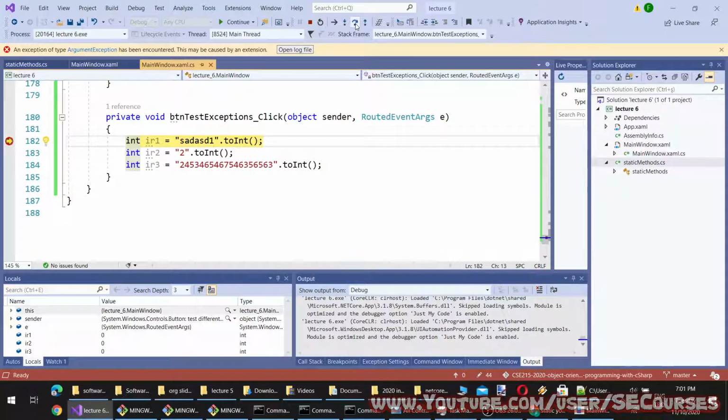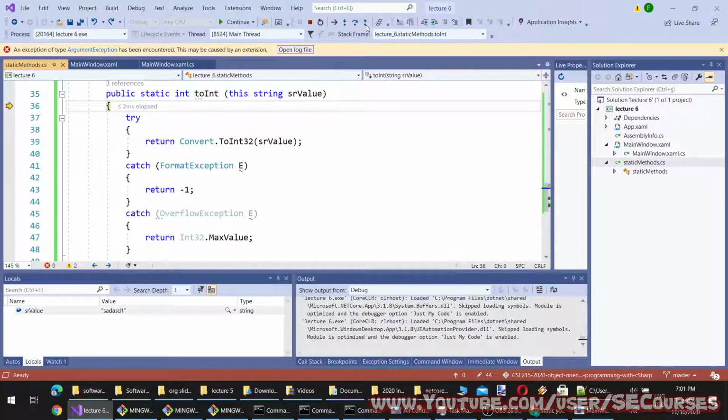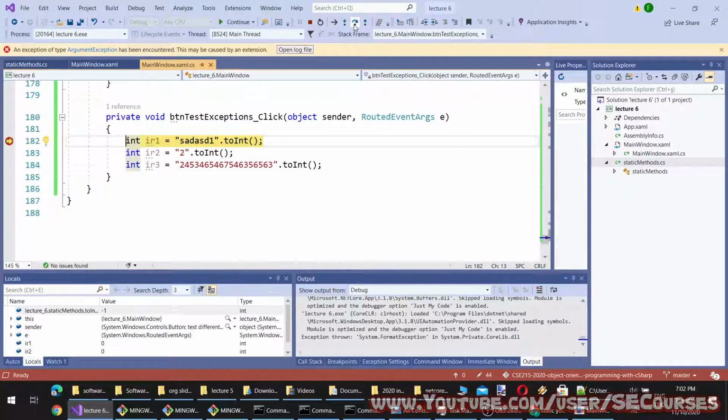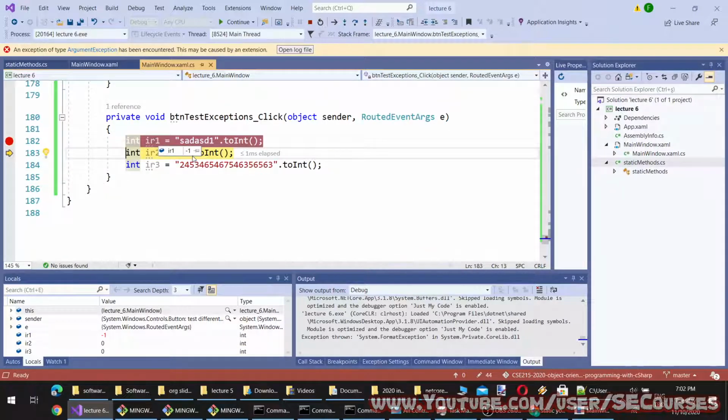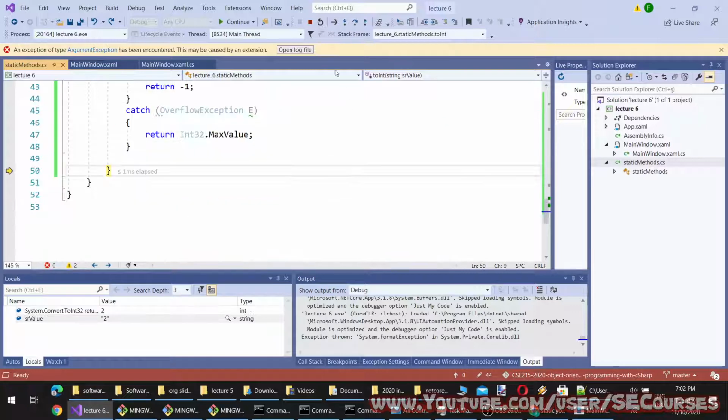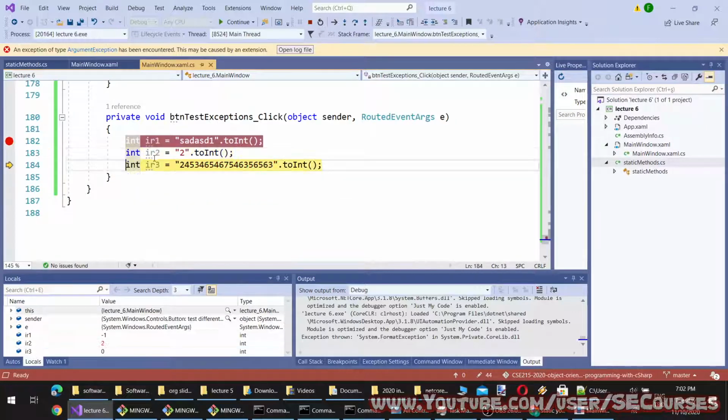Okay, so what will happen? I am moving with step into. So it is getting into the try block. It tries to return convert, and now you see the format exception is called. Okay. So therefore I am returning -1. So the value of er1 is -1. Then I am entering the second string, and this time it will be successfully returned. So it will be 2, as you can see, 2, and this will cause overflow error because it is bigger